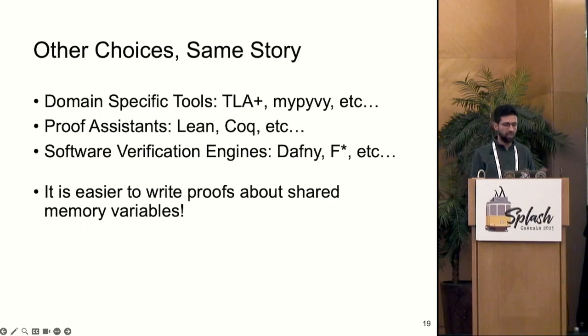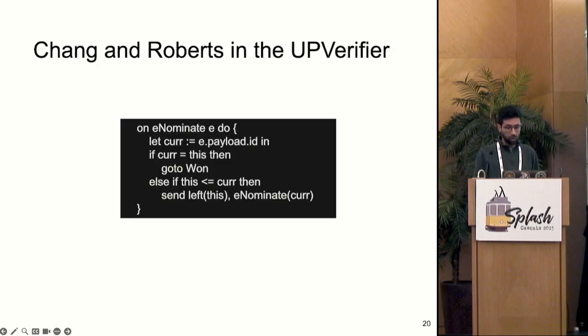There's stuff like Ivy in the domain-specific tools space. There's also proof assistants, there's software verification engines. In general, what you see when you go out and look at proofs for this protocol and protocols in general, is that people are manually modeling message passing, and then they're writing proofs about these shared memory variables, these abstractions. Okay, so what we want to do and what the verifier does is it actually takes